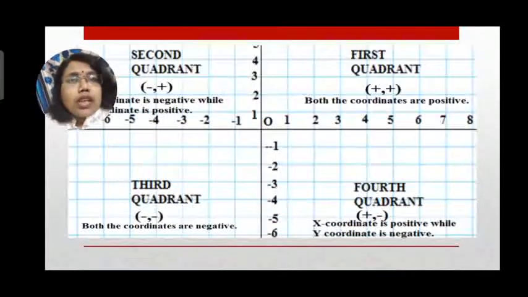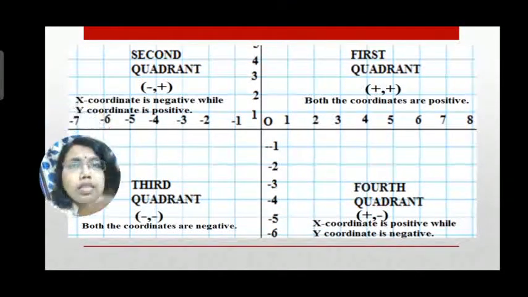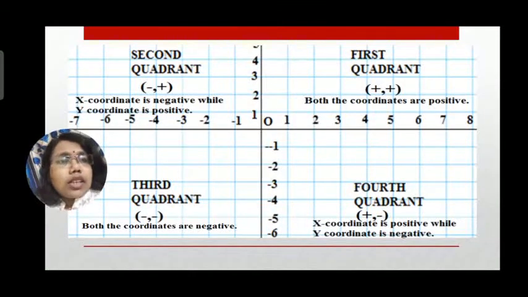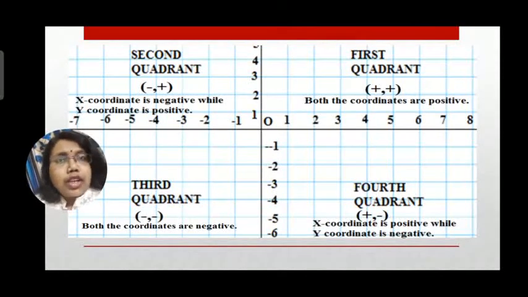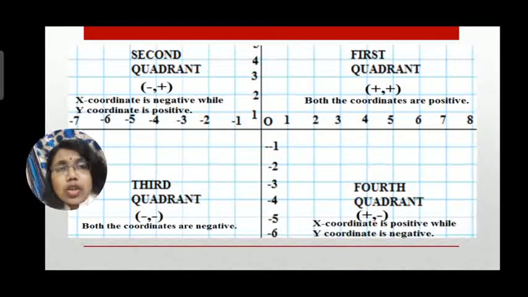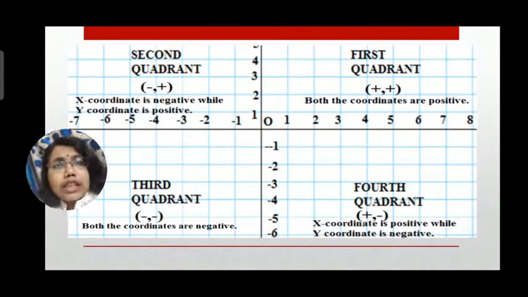Now the next one is the signs, where and how the signs are to be put. Now here we could see in the first quadrant both the points are positive. In the second quadrant, the first coordinate will be negative and the second coordinate will be positive. Now the first coordinate is always the x coordinate and the second coordinate is always the y coordinate by convention, because x is alphabetically first, before y. That is why it is the x coordinate first and the y coordinate next. And in the third quadrant we could see both the coordinates to be negative, and in the fourth quadrant we could see the x coordinate to be positive and the y coordinate to be negative.